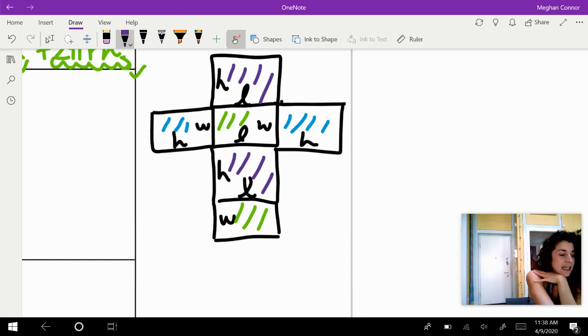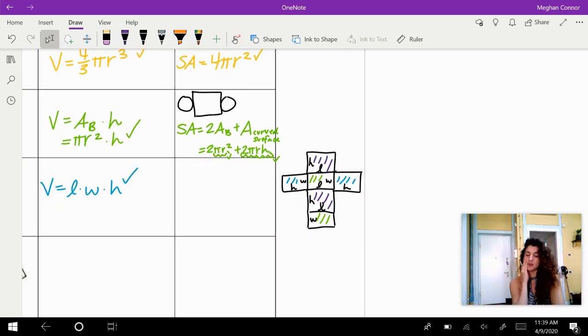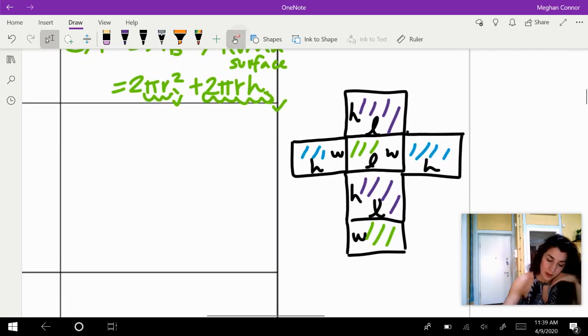I'm just checking to see if this is in your formula packet. I don't think it is. Let me go down to the second one. It is not. So this is probably one of the ones that you might struggle on memorizing. So I would recommend understanding the net of this guy. Or try and find a way to help you remember how to piece it all together. But your surface area